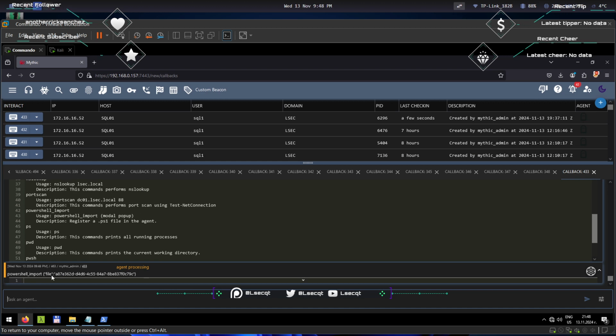It's going to take a while because the file is huge, but eventually we're going to see that the import is successful. Now it's imported, but how can you run that? Well, with the same powershell command. So I can do powershell and now use the cmdlets from the PowerView module. So I can do Get-DomainUser, run that,